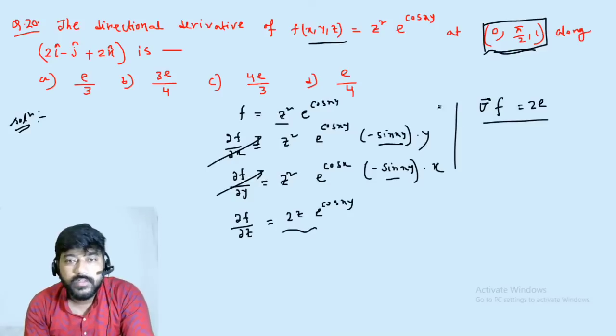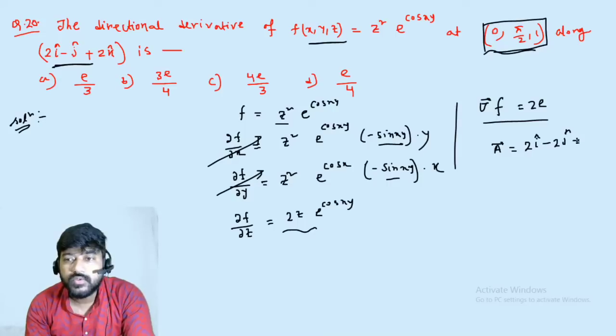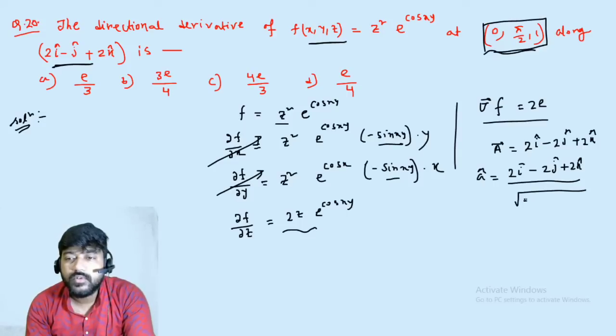Now you need the vector along which you have to find the directional derivative, and this is the vector. So let me take this as a vector, you can take it, and that will be 2i minus 2j plus 2k. So what will be a cap? The unit vector will be this 2i cap minus 2j cap plus 2k cap divided by square root of 2 square, that is 4, minus 2, that will be minus j only. So it will be plus 1 plus 4, 2 square, 1 square, so it will be root 9, that means 3, so it will be 2i minus j plus 2k by 3.